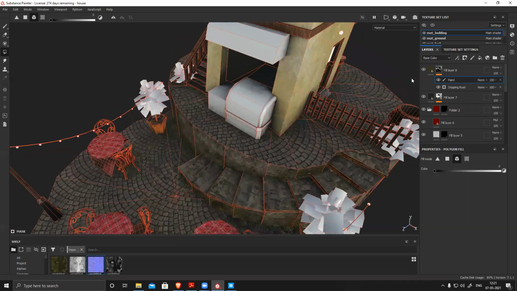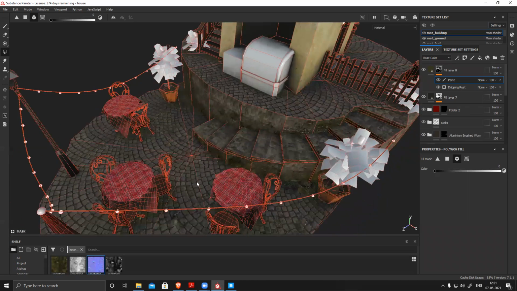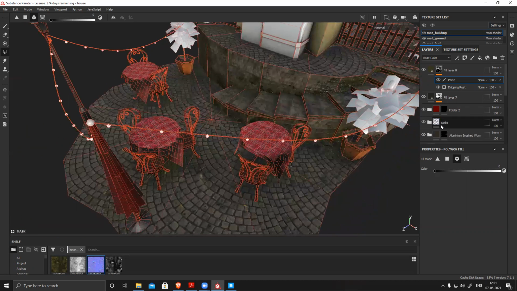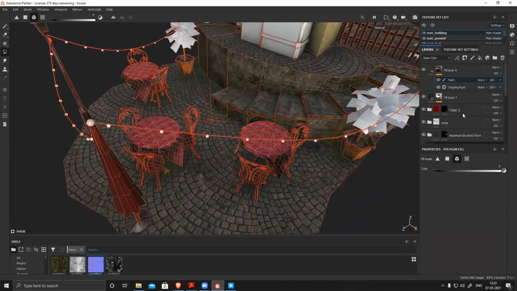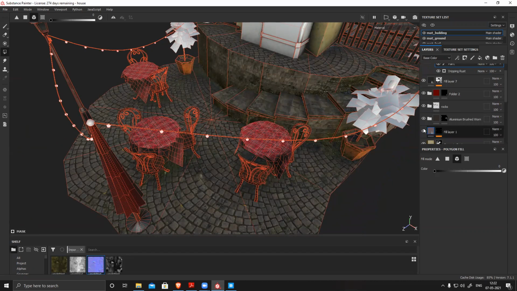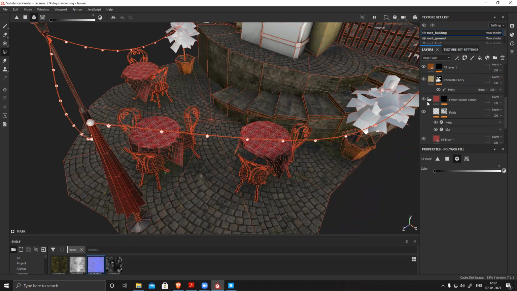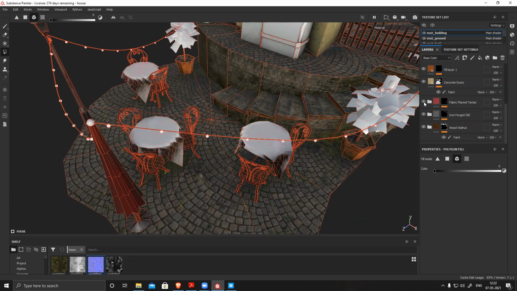similar thing with the color change or something. Let's see. Not this one. This is my, okay, this is my umbrella. Fabric, this one. Yeah.